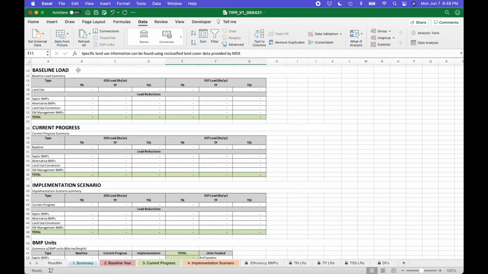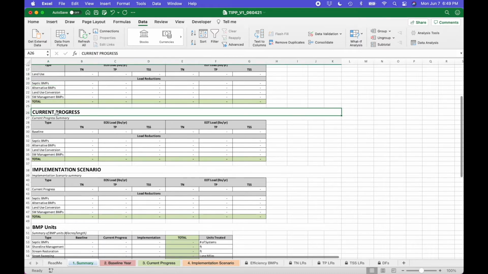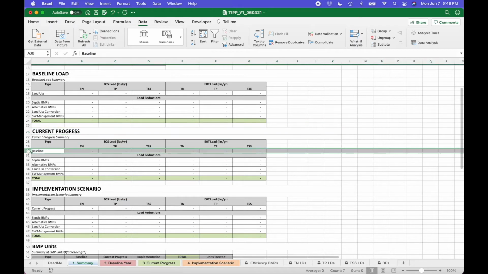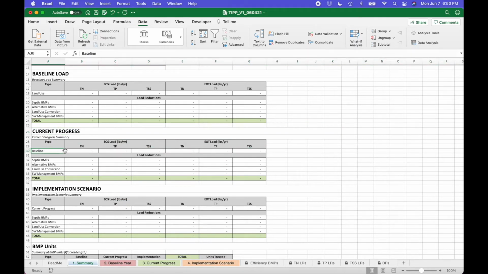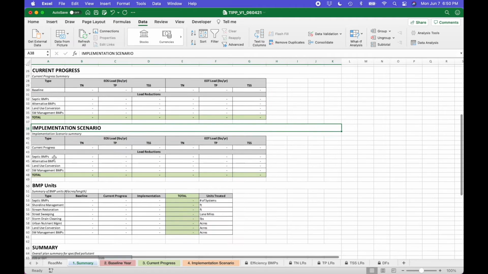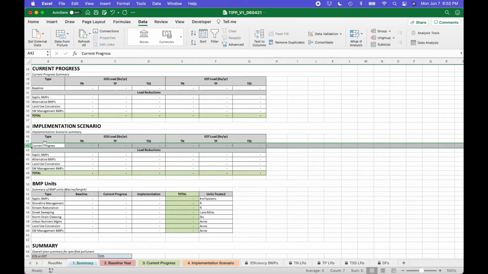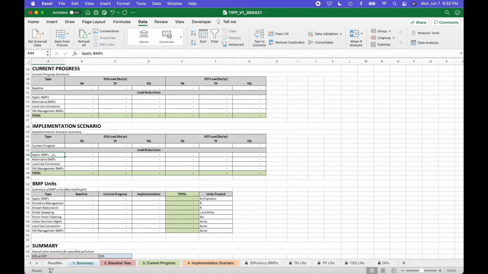So here you have your baseline load summary, and that summarizes your baseline land use information as well as your BMP inputs. You have the same for the current progress tab, which summarizes your BMP inputs, and then brings down your baseline information just for easy comparison. And next, your implementation scenario summary brings down your current progress output for easy comparison, and then your BMP information